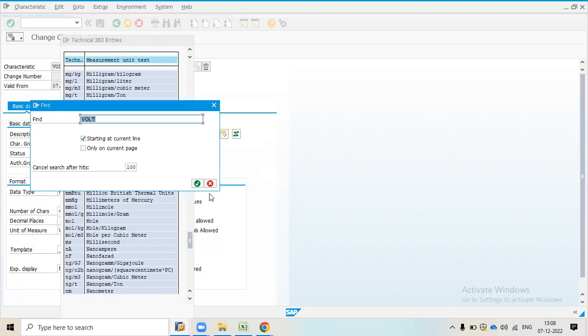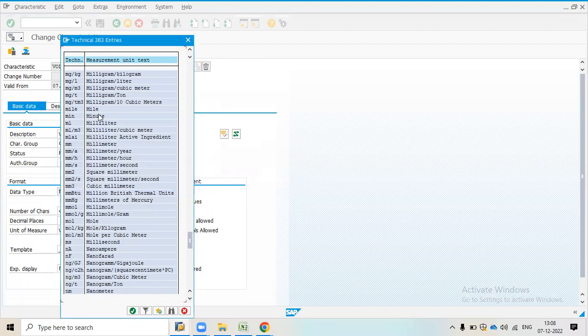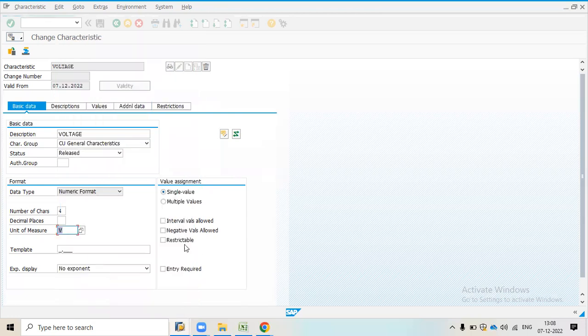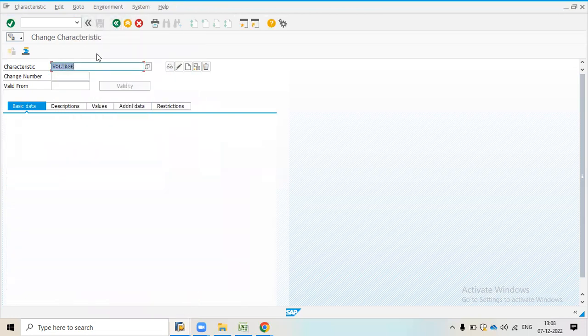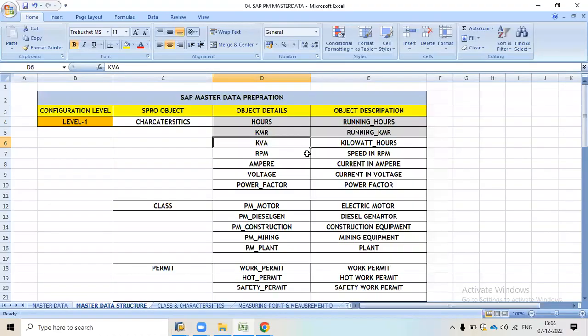It is not showing, but we have taken it, and then save it. So again I'm going to create KVA in detail. So we have created these things.